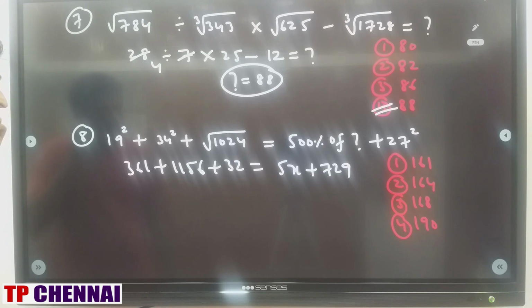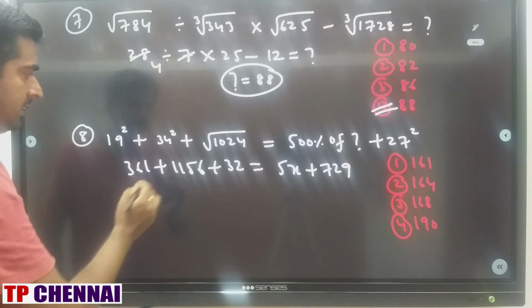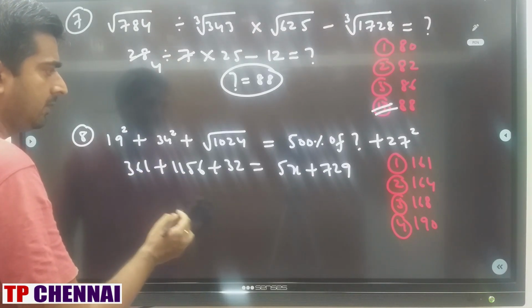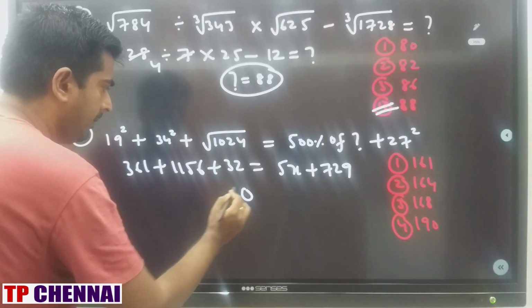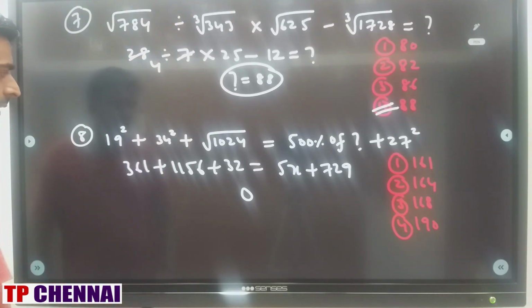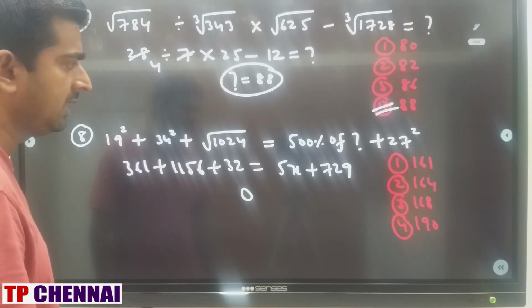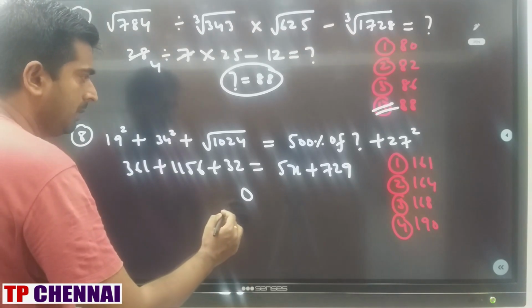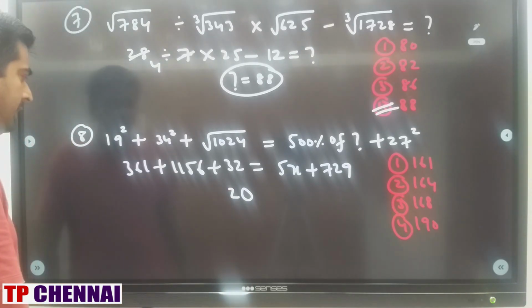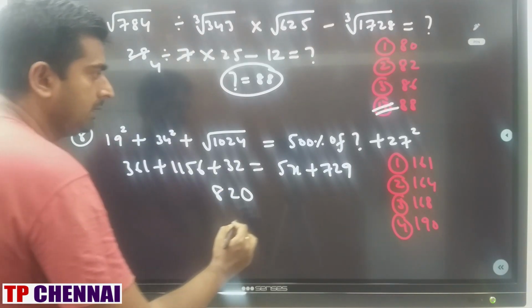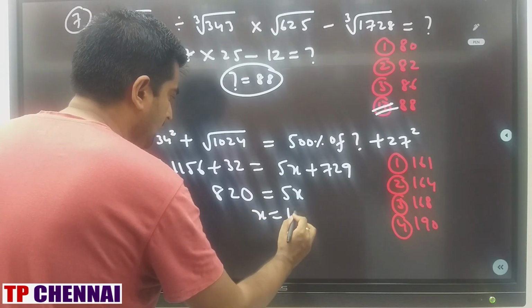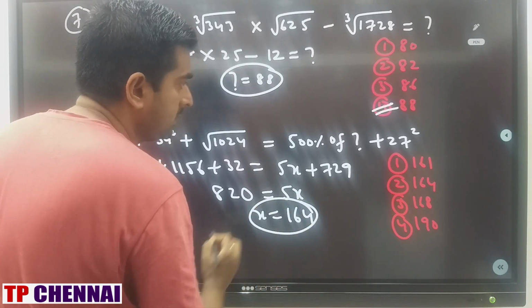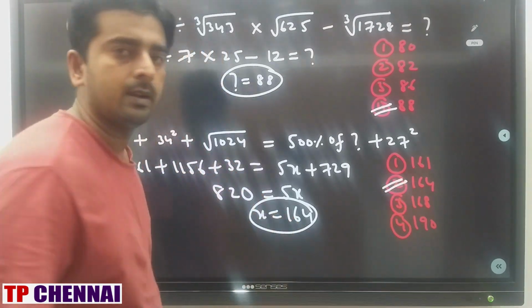So first we need to add all the values, right? 1 plus 6 is 7, 7 plus 2 is 9, right? So 9 minus, we can directly subtract also. 9 minus 9 is 0, right? Then 6 plus 5 is 11, 11 plus 3 is 14, 14 minus 2 is how much? 12. This is 1458, so this 8 is equal to 5x. X is equal to how much? 5 16s are 80, 164, which is the second option.